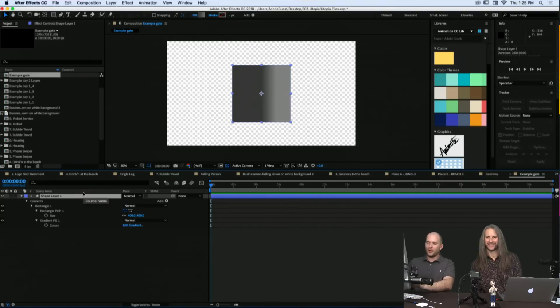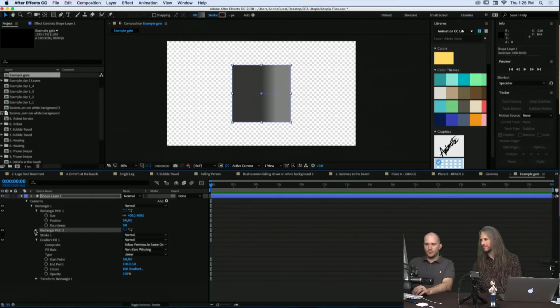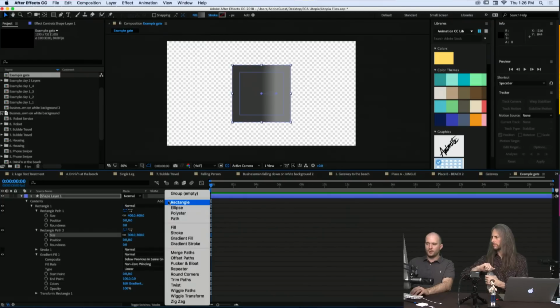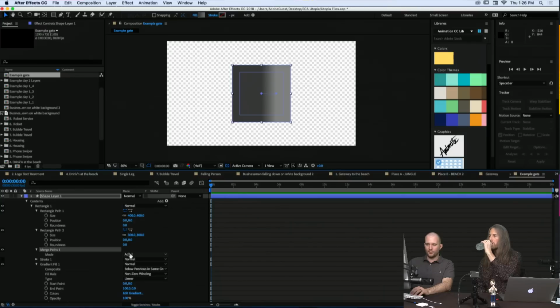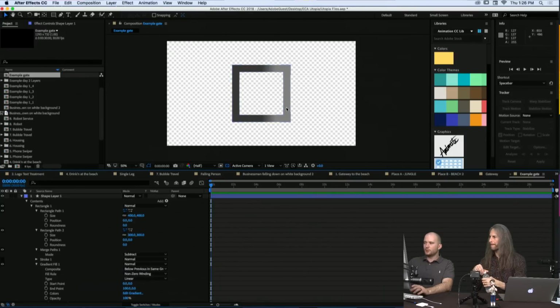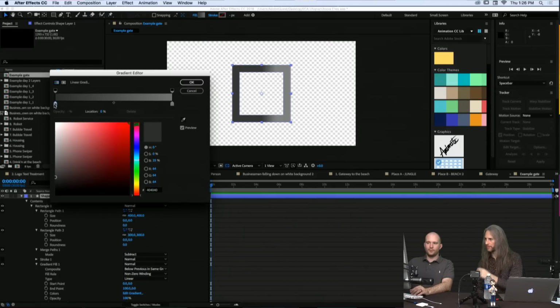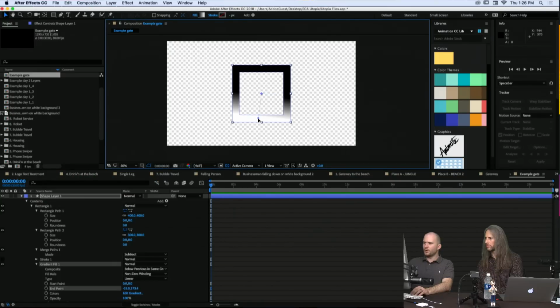So we've got a rectangle, right? Then we could duplicate this rectangle path, which will give us a second one. We'll make it a little bit smaller because we're making a gate. Gates need holes in them. And if it's going to be a hole, then we add a merge paths, and the merge paths should be subtracting. So we've got this kind of a thing. In our example, we had a gradient that went from the top to the bottom. So we'll just make a little gradient action. So we've got over there, and then over here. And we're working with black and white gradients in this